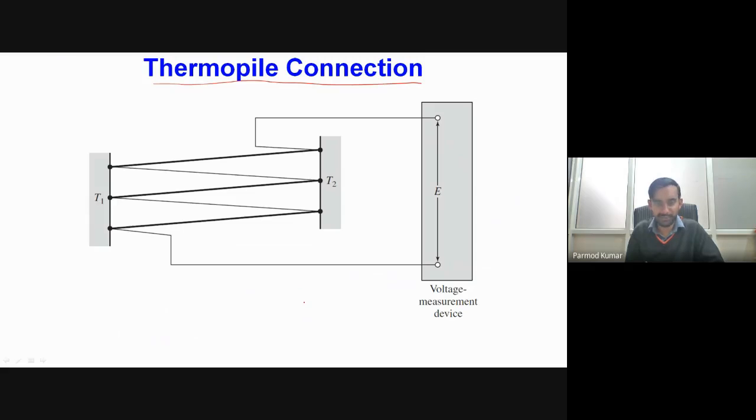So we may have certain types of thermocouples or certain physical situations where the difference between the temperatures at two different junctions is very small. Okay, so if we have a very small temperature difference, then obviously whatever output voltage we get will be of very small magnitude. So in that case, what will happen? We will have low sensitivity of our device. Okay, so if you have to increase the sensitivity of the device,